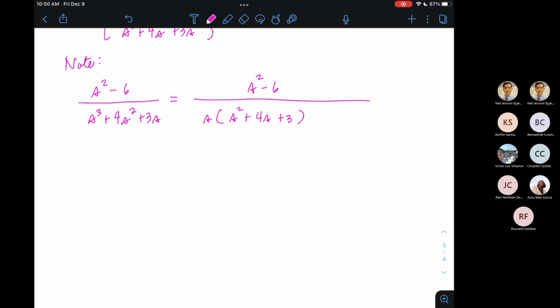Pero yung s squared plus 4s plus 3 ay pwede kong i-factor as s plus 3 times s plus 1. And then magpa-partial fraction decomposition ako para magkaroon ako ng